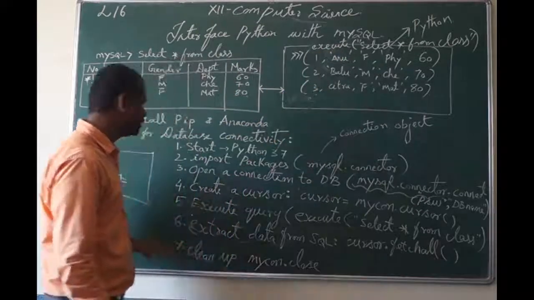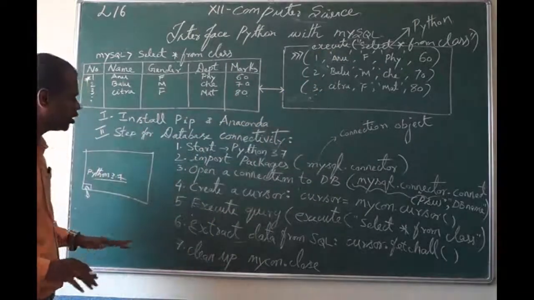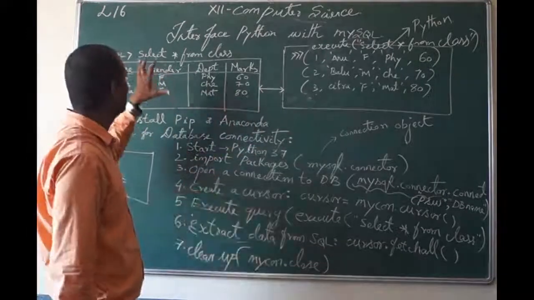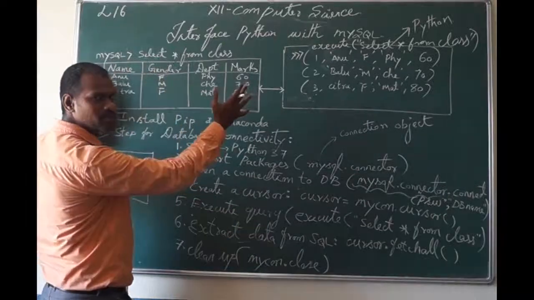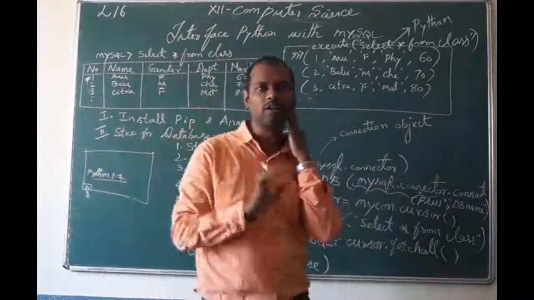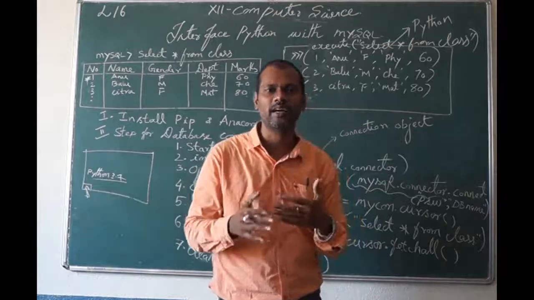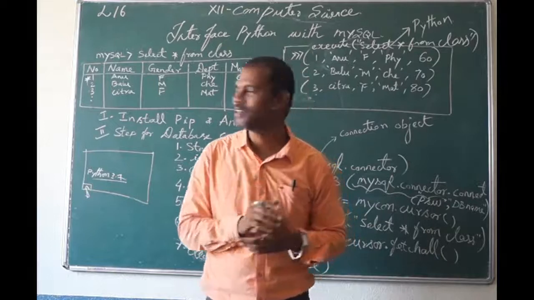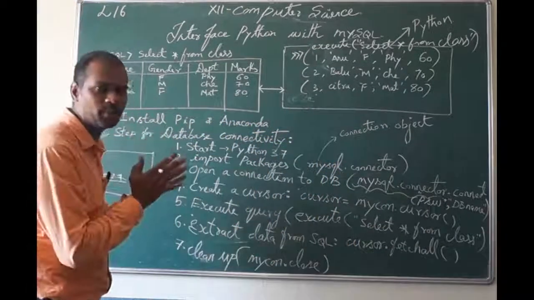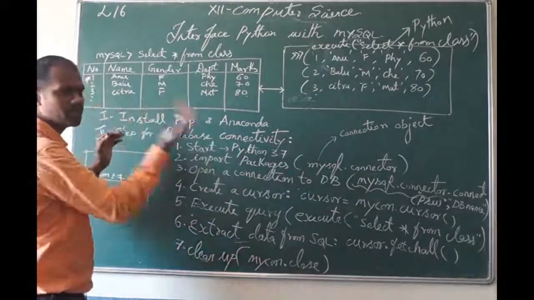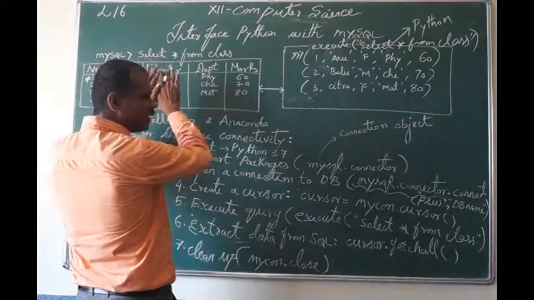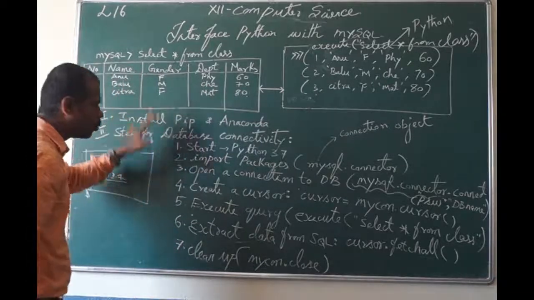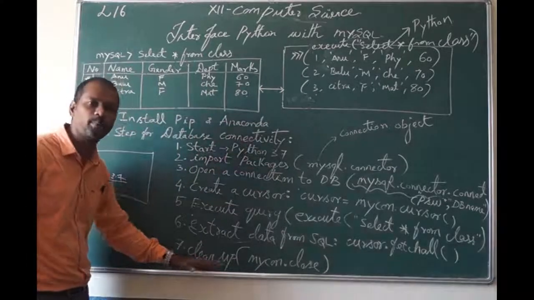Then when everything is finished, after that you have to close the connection. We are opening the secure database. Usually, if you open your Gmail, after finishing all your work you log out of Gmail. Am I right? Like that, the database is a secured place. Once your work is finished, you have to close this SQL with secure protection. So to close this SQL, you have to do the cleanup process.